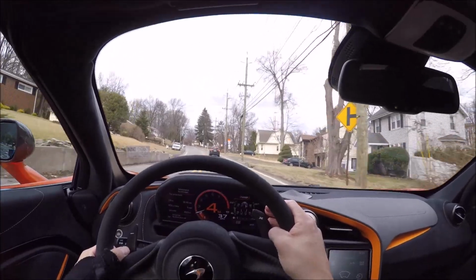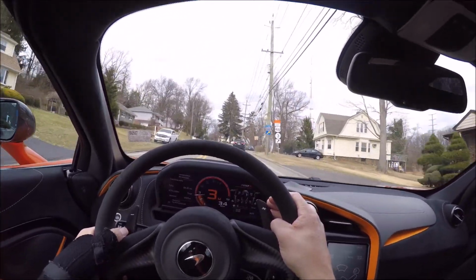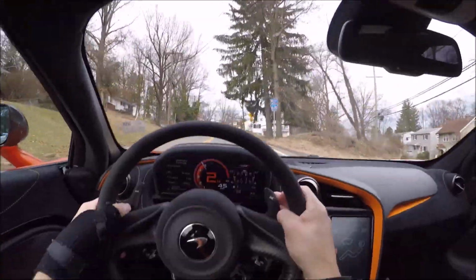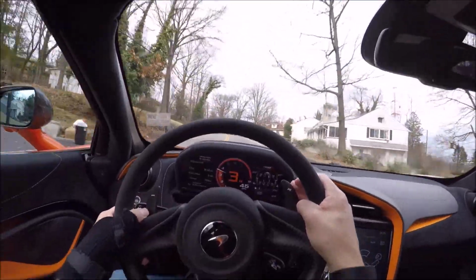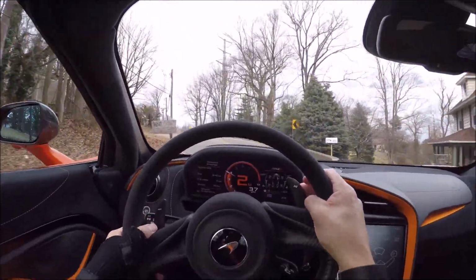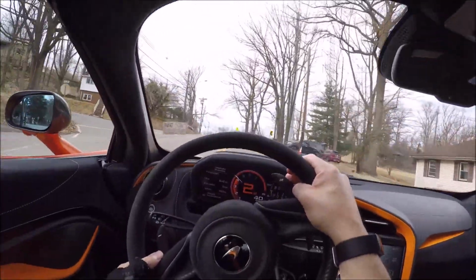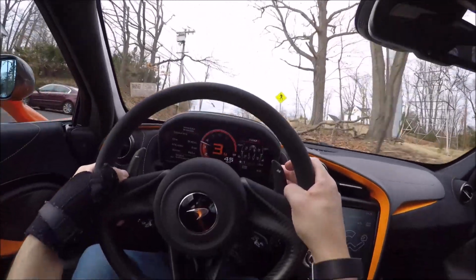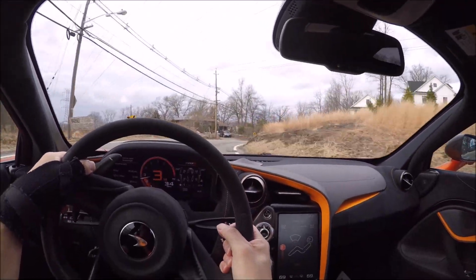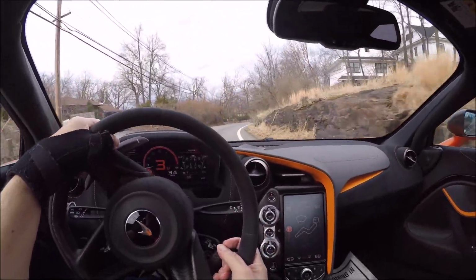So this is not the car's fault. It's just one of New Jersey's finest roads. And here we're going to have some off-camber turns, which is going to make it even a little crazier. Now, our usual spot to film is under construction, so if they're hammering away, I may have to do some voiceover, but...